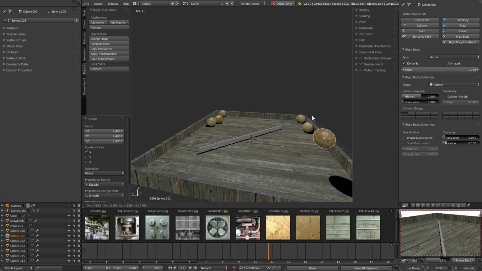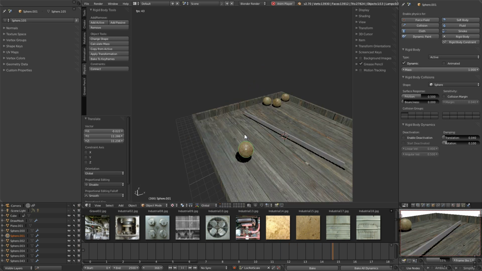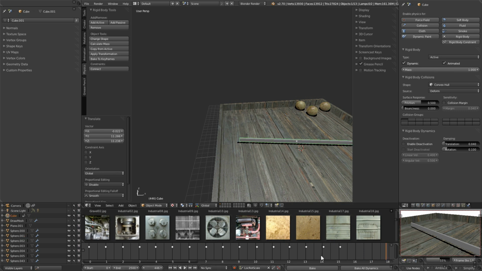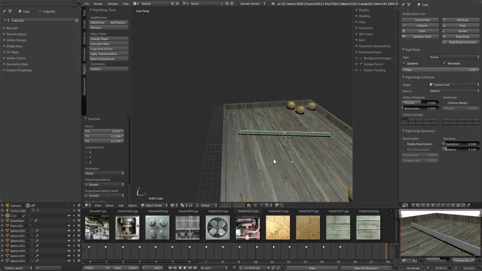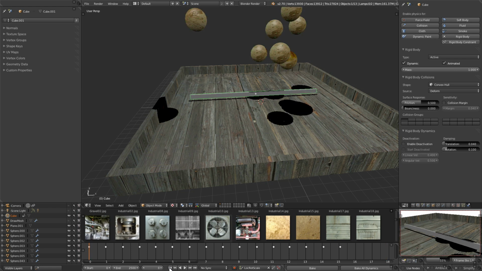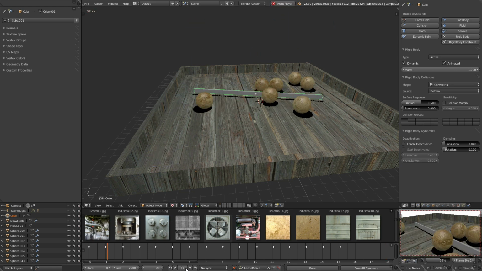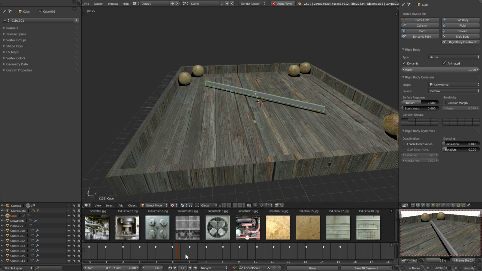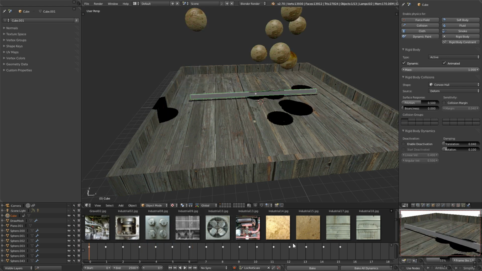So I can actually grab this and then put it back there, and then the extent of that animation ran out, but we could copy those keyframes. So if I click this back button and I press play, we've got this kind of interesting animation going on here where these balls get whacked. Only problem is, if we went to actually click our animation render button and render this animation out, we wouldn't